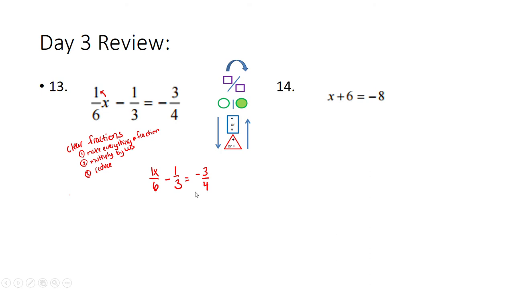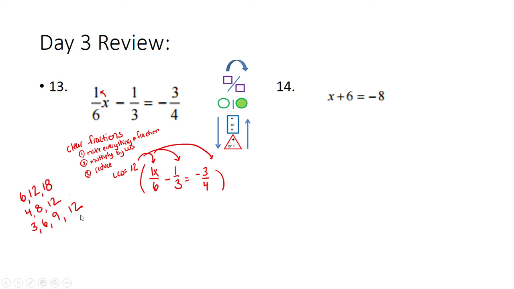So I gave a tip of always using your biggest denominator to help you find the LCD. So you got to think of multiples for your biggest denominator. So 6 times 1 is 6, 6 times 2 is 12, 6 times 3 is 18. The smallest number that all of them go into is the LCD. In this case, it's 12, because if I made a list out, 12 is the lowest number that all comes